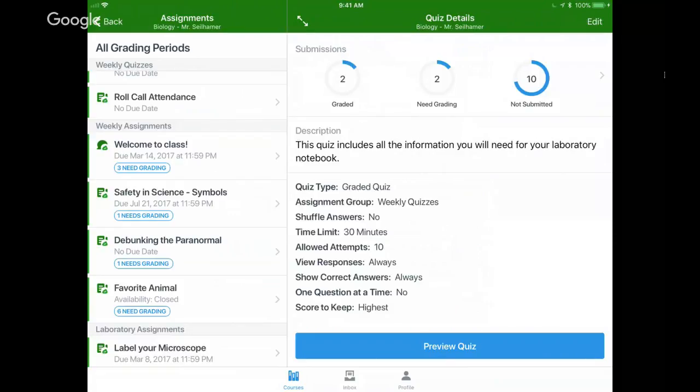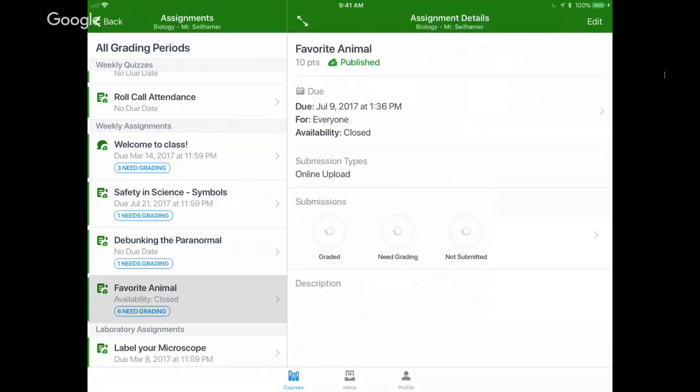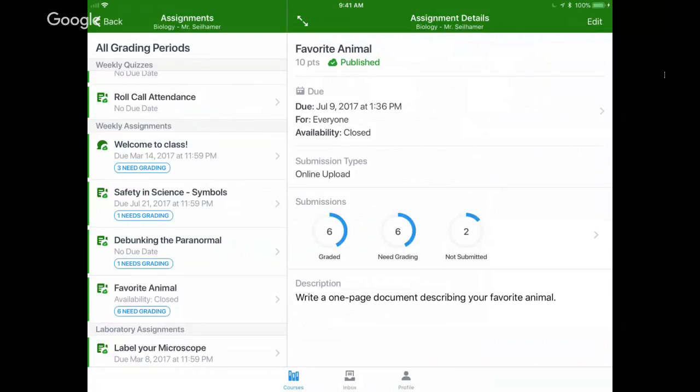So I really think that's a really neat visual. So I'm going to go ahead and look at an assignment. We're going to take this favorite animal assignment. When we look at this assignment here, it's very similar to what we saw before. You get the settings that you would like to see. The only difference here is that the submission type is shown, and you still see the description and all the information